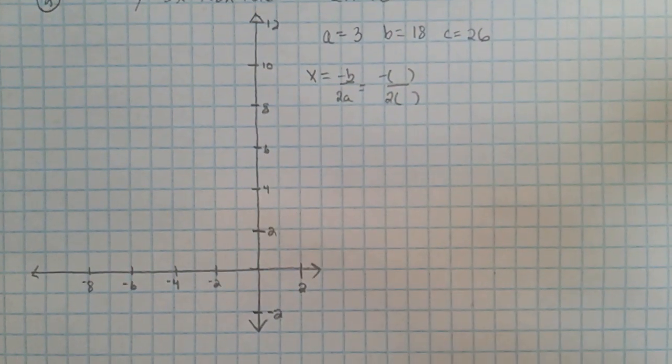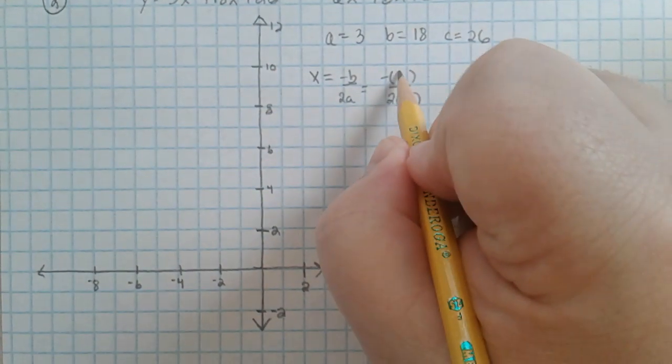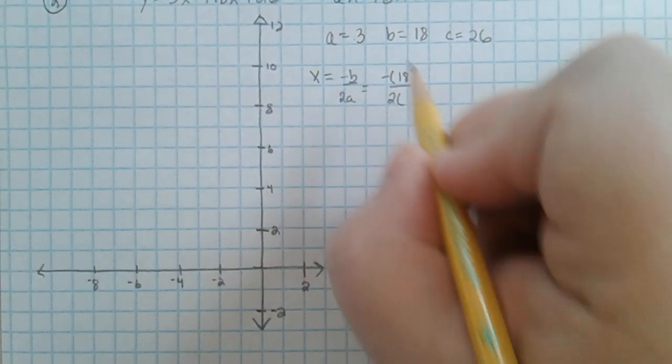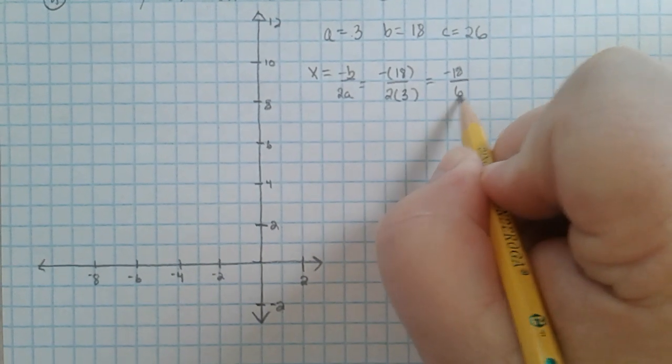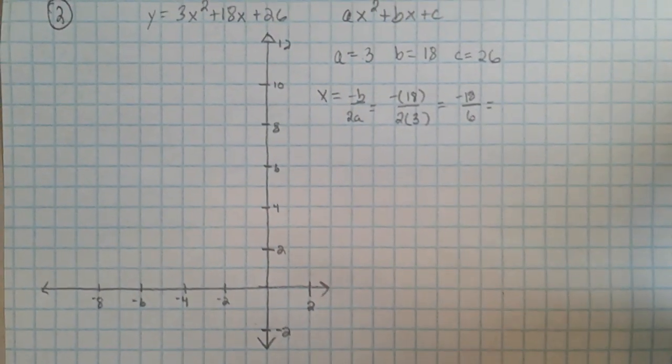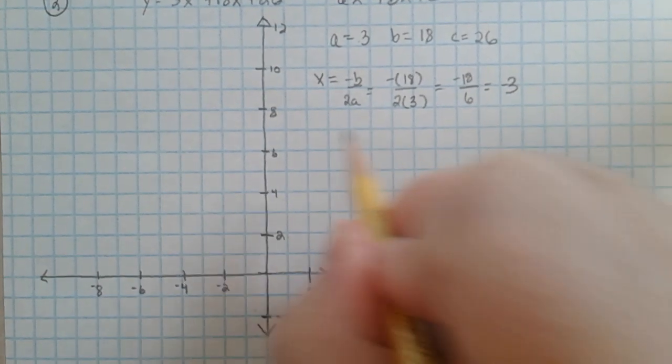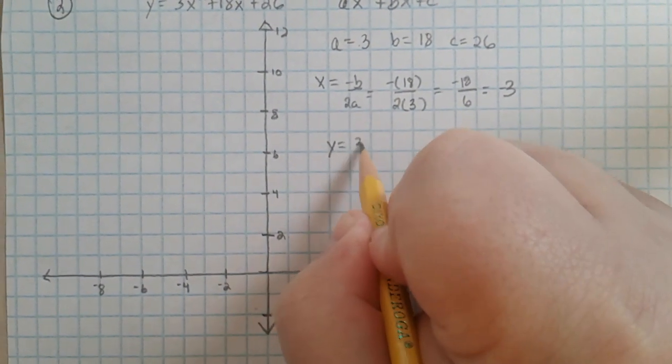So negative parentheses over 2 parentheses. In the numerator, I'm going to put the b value, that's an 18. In the denominator, put the a value, which is a 3. That would leave me with negative 18 over 6. Negative 18 over 6 is negative 3. So now I need to plug this